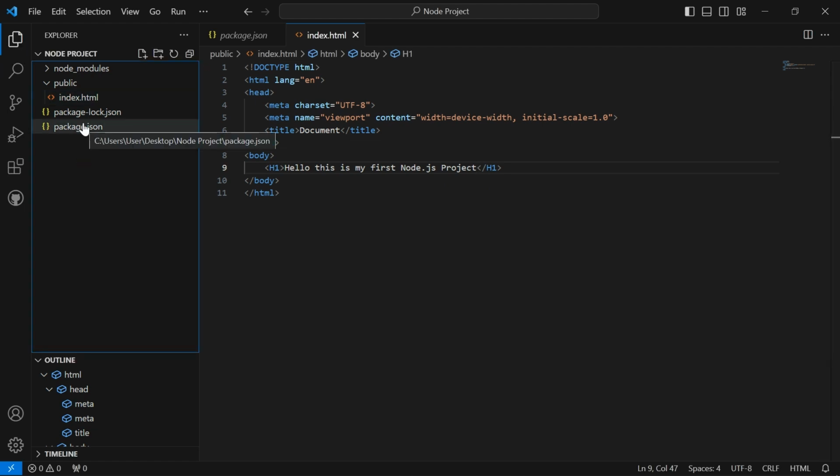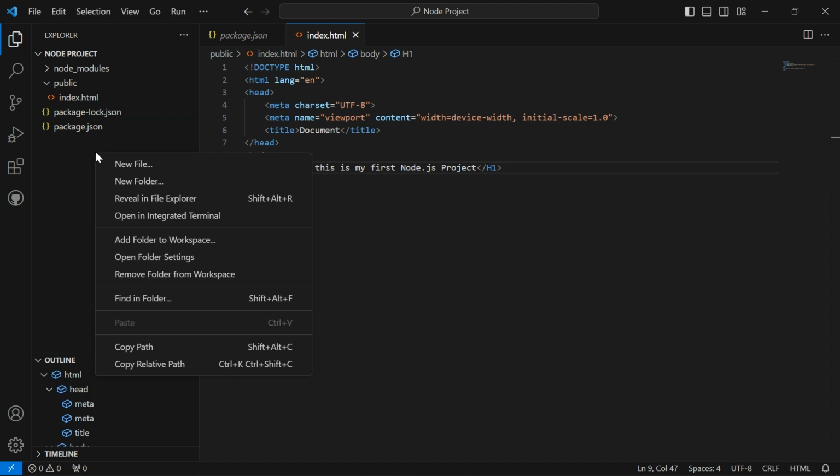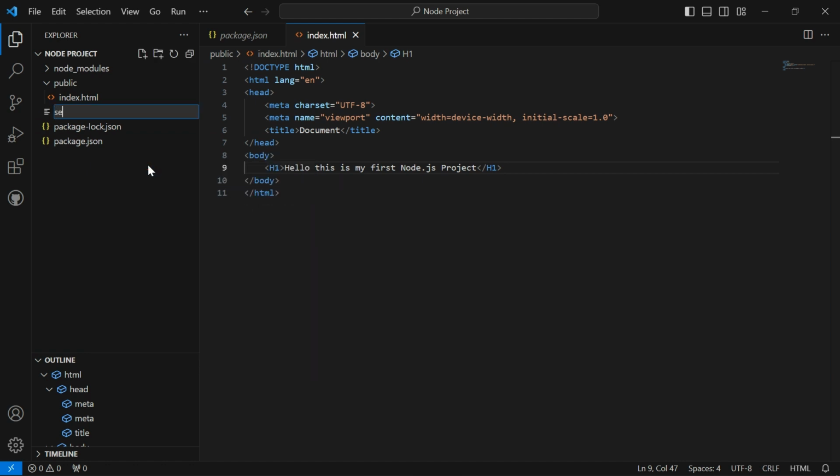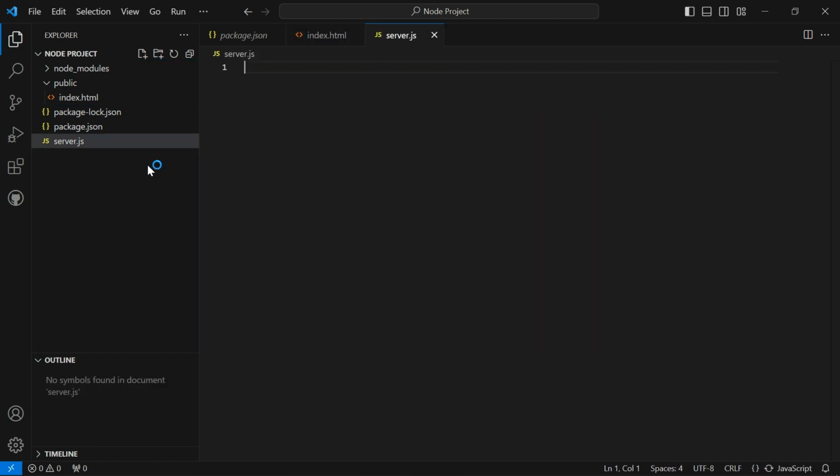Once you're done with that, the next thing is to create a server.js file, which will also be in the root directory of our project. This is where we will have our server code and also handle our Express.js and initialize the framework we already installed. So I'm going to quickly create the file here, server.js.